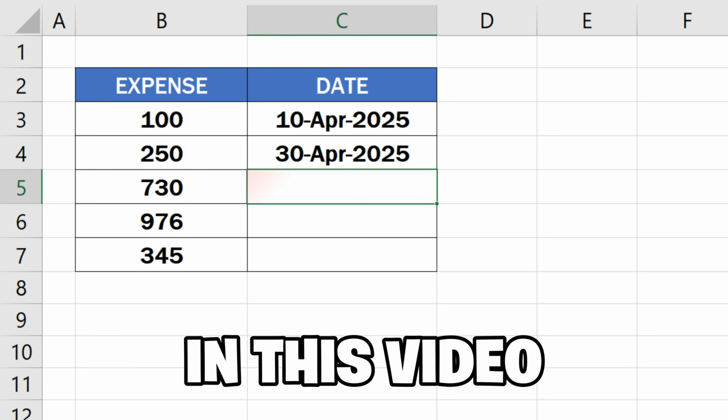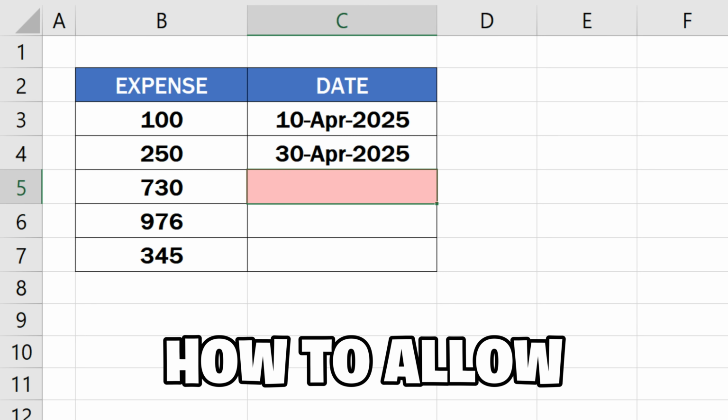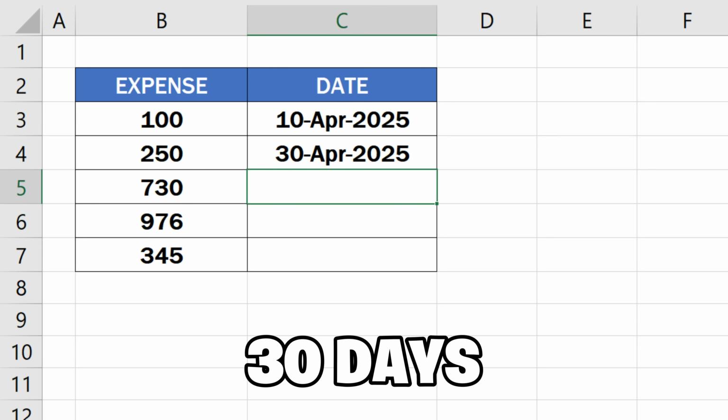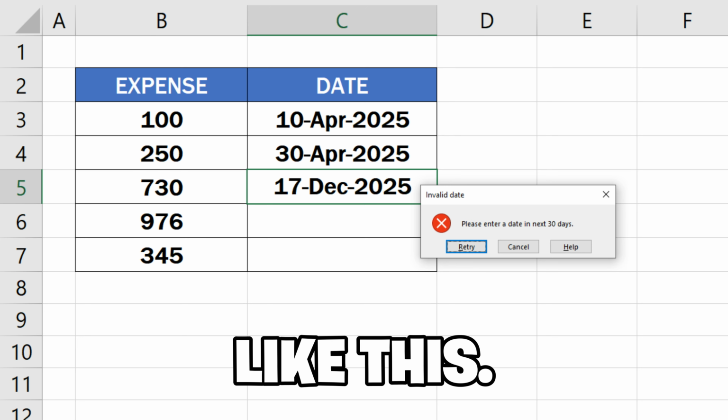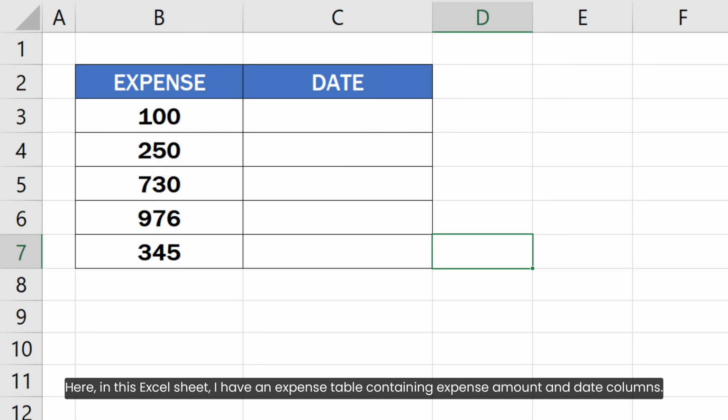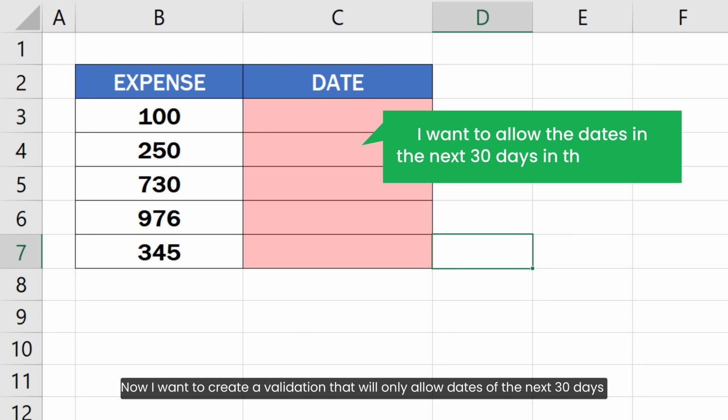In this video, I will show you how to allow only dates in the next 30 days in Excel like this. So let's get started. Here in this Excel sheet, I have an expense table containing expense amount and date columns. Now I want to create a validation that will only allow dates of the next 30 days in the transaction